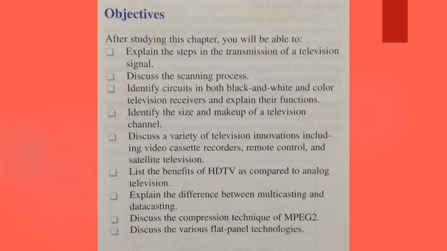The objectives for the chapter are to explain the steps in the transmission of a television signal, discuss the scanning process, identify circuits in both black and white and color television receivers and explain their functions, identify the size and makeup of a television channel, discuss a variety of television innovations including video cassette recorders, remote control, and satellite television,